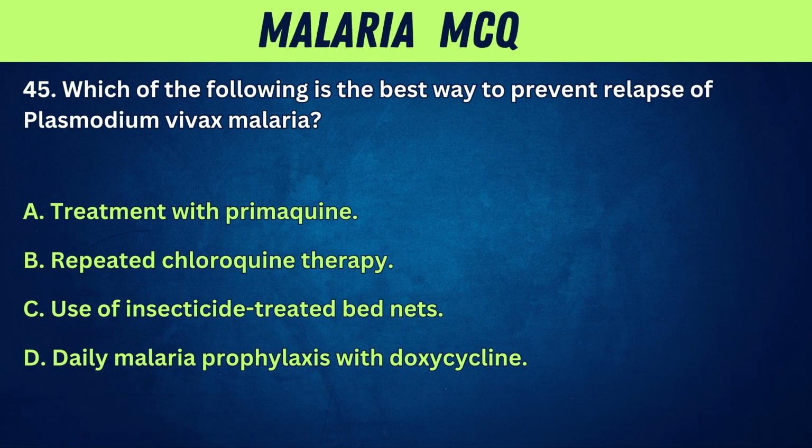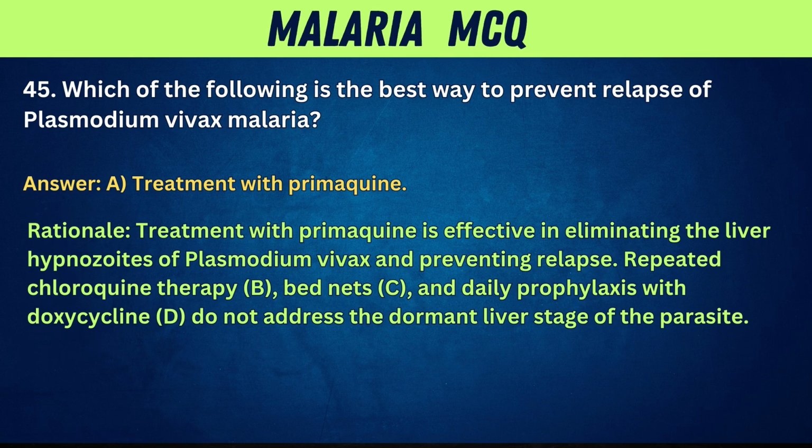B. Repeated chloroquine therapy. C. Use of insecticide-treated bed nets. D. Daily malaria prophylaxis with doxycycline. Answer: A. Treatment with primaquine. Rationale: treatment with primaquine is effective in eliminating the liver hypnozoites of Plasmodium vivax and preventing relapse. Repeated chloroquine therapy, B, bed nets, C, and daily prophylaxis with doxycycline, D, do not address the dormant liver stage